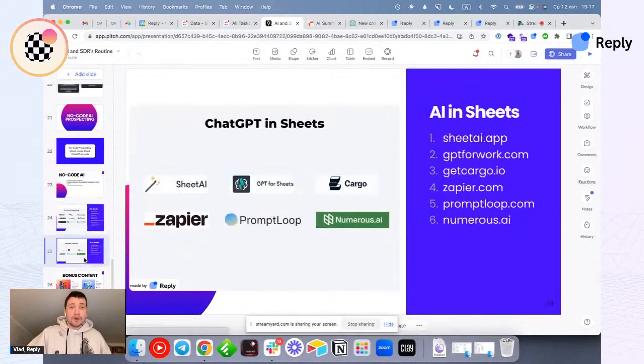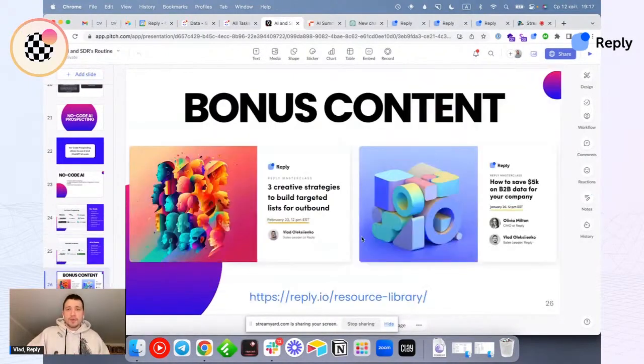If you prefer spreadsheets, there are a bunch of Google Spreadsheet add-ons like Sheet AI, Cargo. You can even use Zapier, Stepsy, Prompt Loop, Numerous AI. They all work as add-ons inside Google Spreadsheets. If you want to learn more about no-code AI prospecting, feel free to watch these two webinars we had at Reply. So we are covering way more ways to use AI